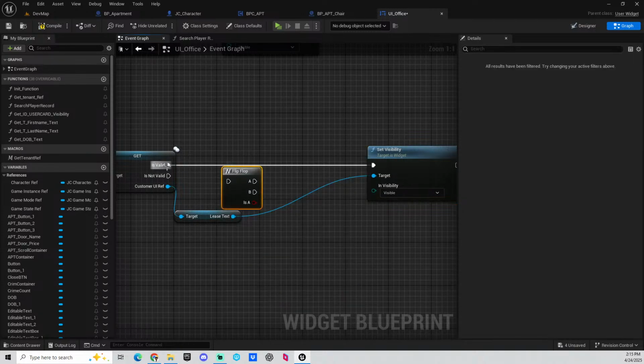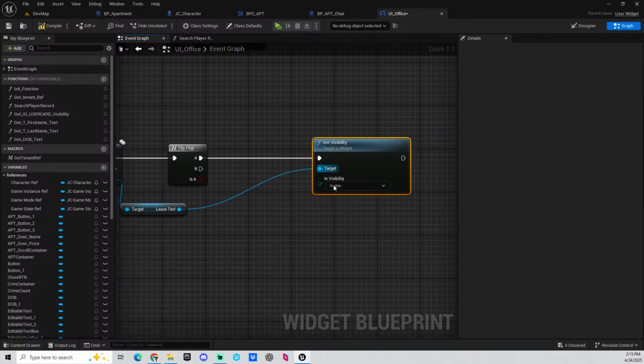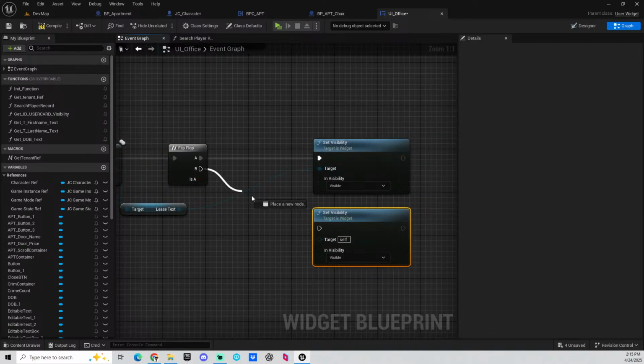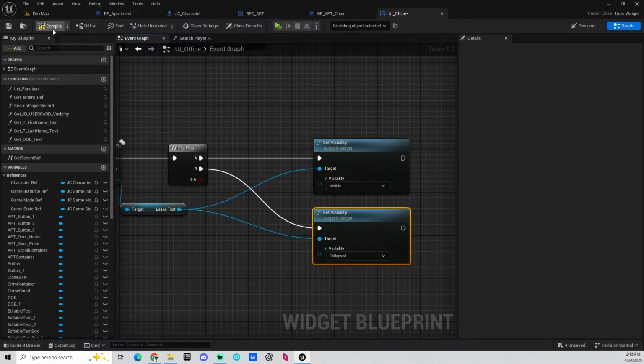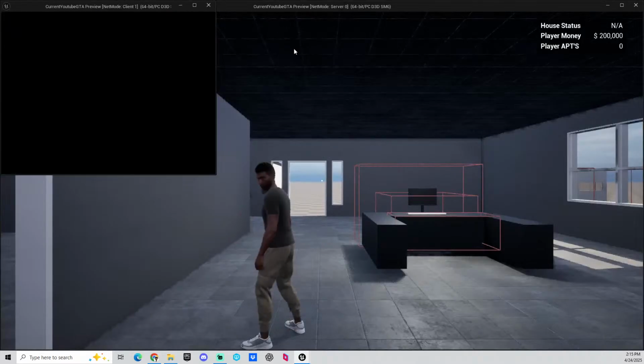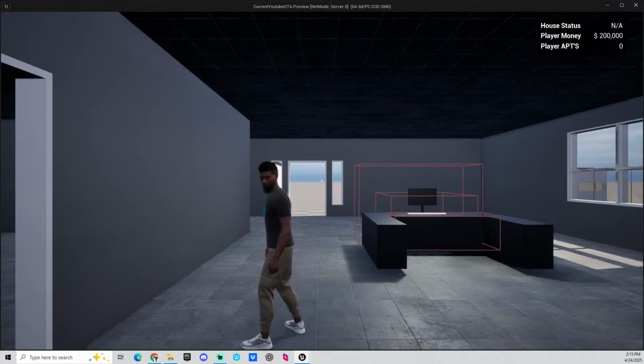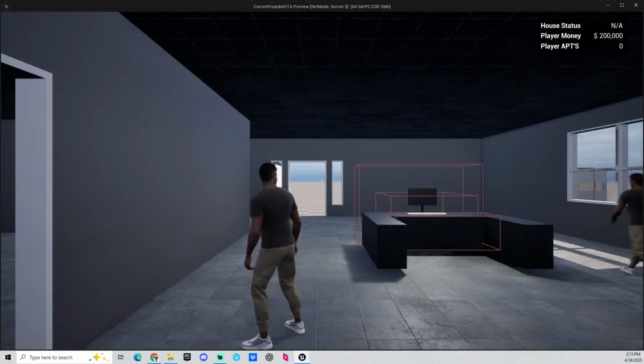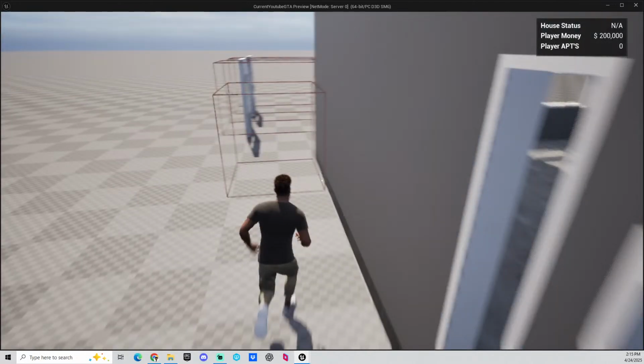Flip-flop. And I'm going to explain to you why I'm doing this. And false. Let's collapse. Let's see if it's working. So I need the client to go over there, do its thing, sit down, and matter of fact, I think I need to buy this first. And go over this way. Now if I hit this,